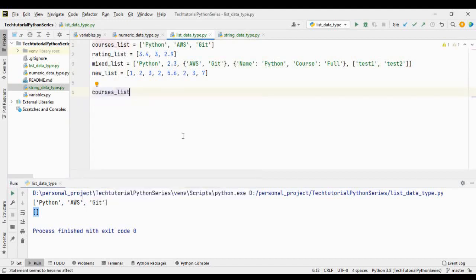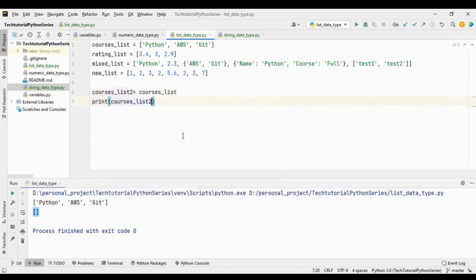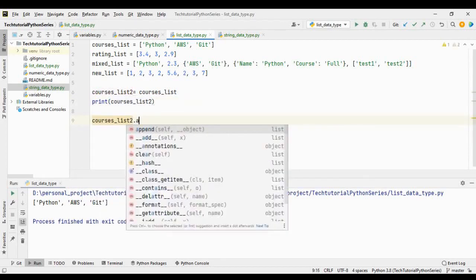Courses list 2 equals courses list 1 will be the invalid copy. For example, if we print courses list 2, it seems like the list has been copied, but if we modify anything here, for example courses list dot append